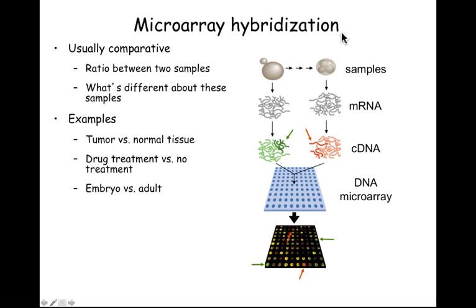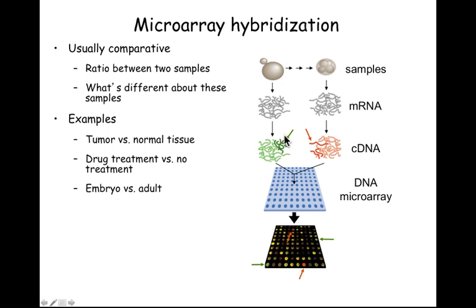Then the labeling process, again, it's much like northern blots, but a little bit backwards. So instead of labeling one probe, what we're going to label in this case is all of the RNA. So we take our samples, and these could be, say, a tumor versus a normal tissue, maybe tissues that have been treated with drugs versus no treatment, or if you're interested in something like development, you could look at embryonic stages versus adult samples. Isolate RNA from these, and then these are converted into cDNAs that are labeled with fluorescent